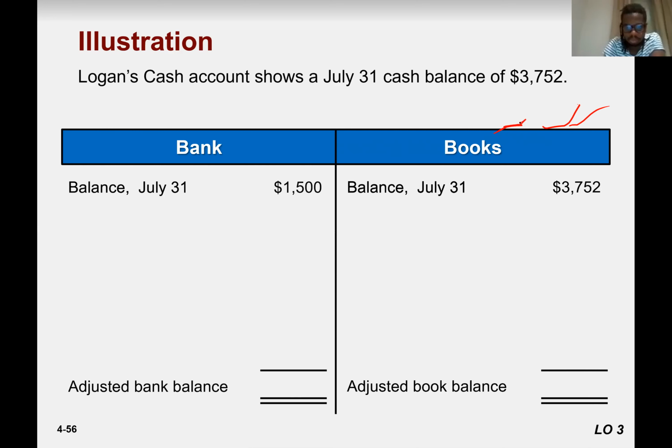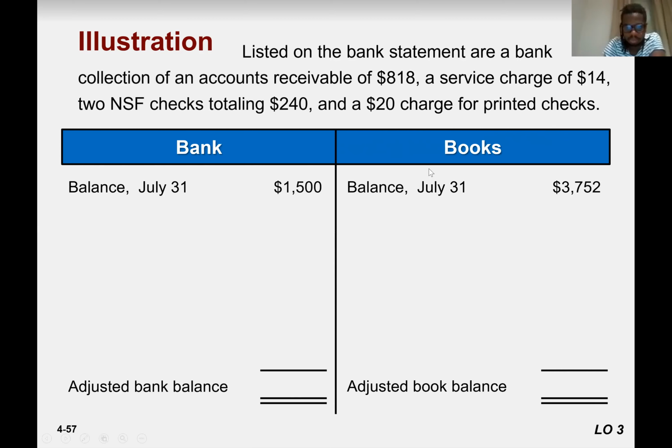So in order to reconcile the bank statement with the cash book, we write it down on the cash book, but we see the bank statement. So in the bank statement, what do we see? Listed on the bank statement, there are collections of amounts. So the bank received on our behalf, right? The bank balance already increased, but in our books we didn't increase the balance because we don't know that the bank received it or not. We see the bank statement and then we realize, okay, the customer paid us the money, right? So that is added,